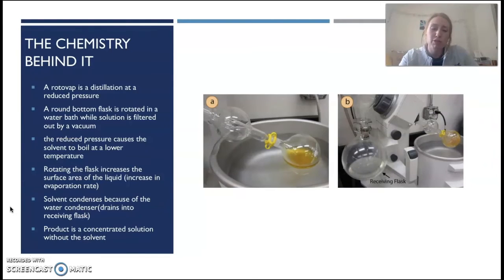So, some of the chemistry behind how the RotoVap works. A RotoVap is essentially a distillation at a reduced pressure. However, there's a major difference between a distillation and a RotoVap. In a distillation, you obtain the distillate, while in a RotoVap you obtain the residue. So you use a round bottom flask, much like you use in a distillation, and you're going to use